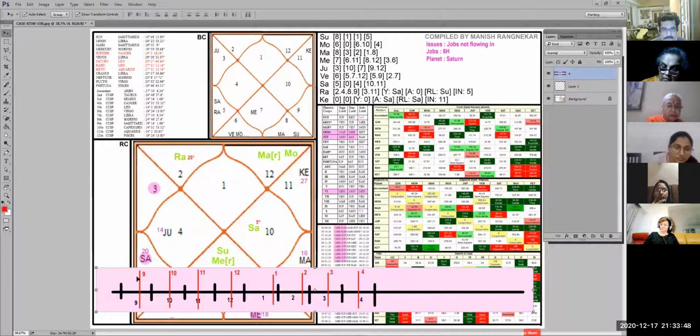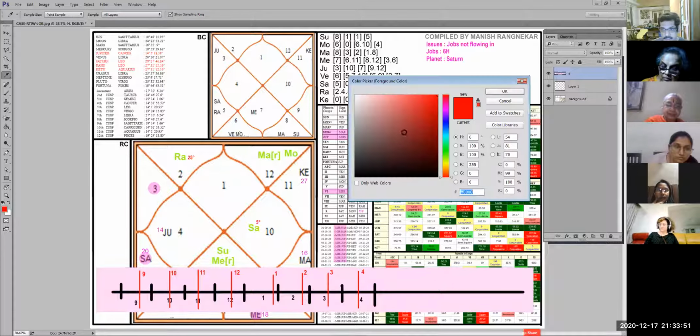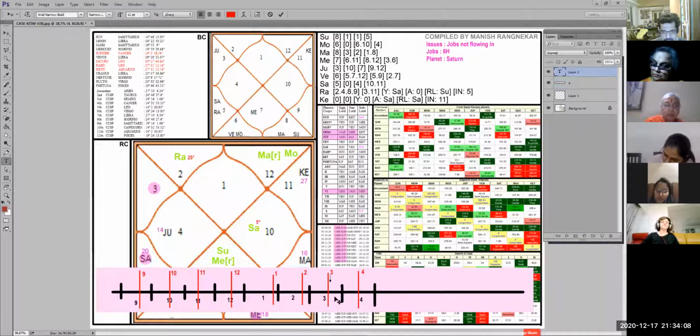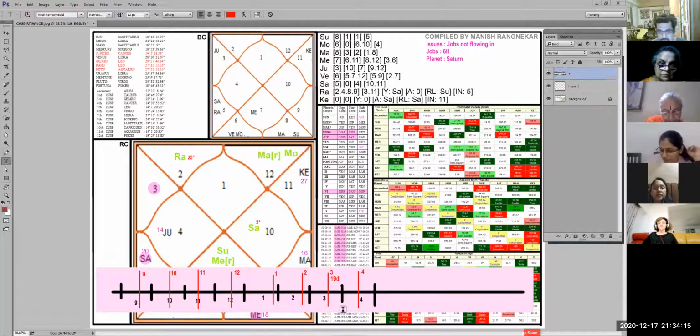Now we also need to write down their degrees, which I had not done earlier. But first of all, understand, do we need to write down the degrees of all? No, we don't. We want only the third one. What is the degree of the third? 19 degrees. We are actually doing a little extra work here. After I'm through with this, we'll tell you how we can reduce it. But just now for the sake of learning, let's do it. So we are looking at the Gochar Saturn's hit on the third house.